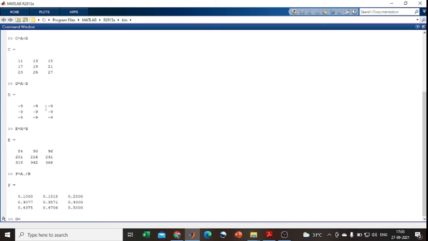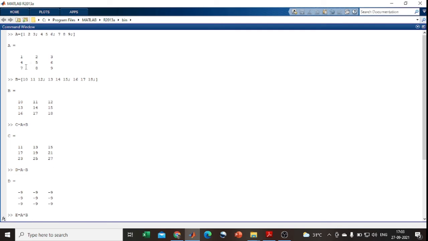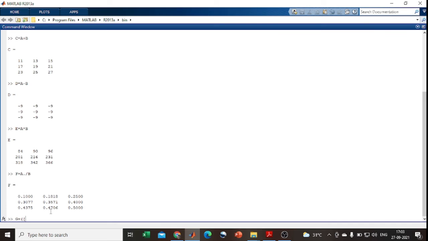Yes, here G is equal to open bracket, after that a square bracket. Here I want to choose 4 5 and 7 8. 4 5 is available in the second row and 7 8 is available in the third row, so I mention 2 and 3 first. Okay, after that the closing of the square bracket, after that a comma symbol.